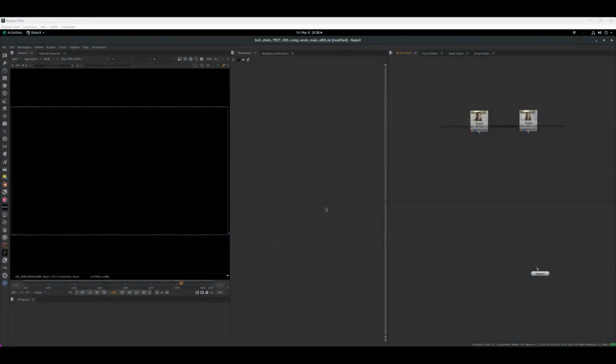To get started, Keen Tools is right here on the bottom left-hand side of Nuke. You'll see there's a few tools within here, but it's very light. There's only a couple nodes that we really need to go over today. So let's get started. First, I'm just going to tab in